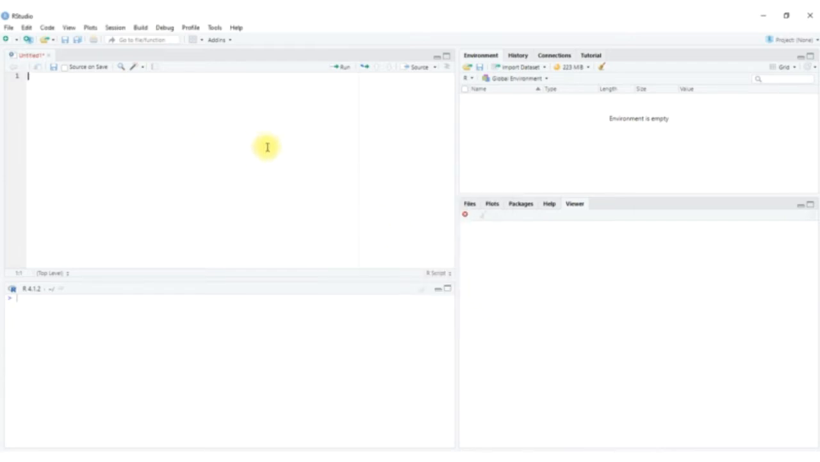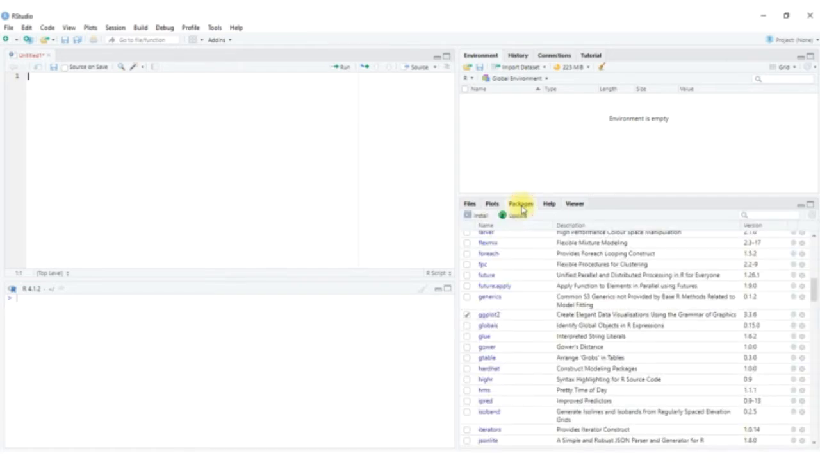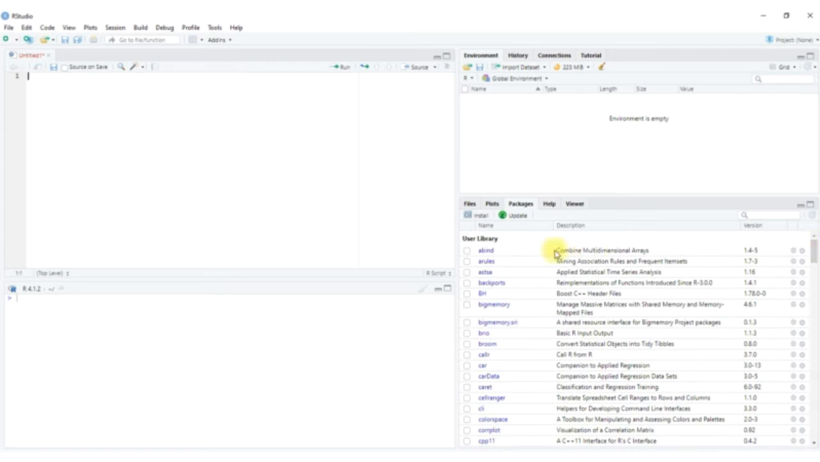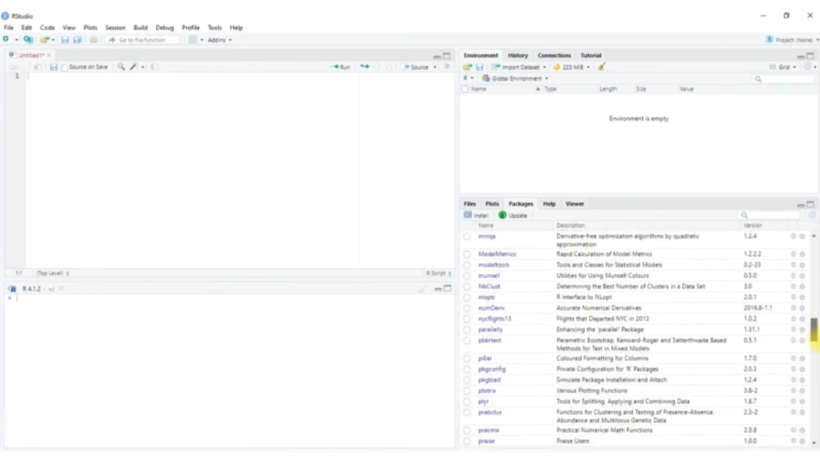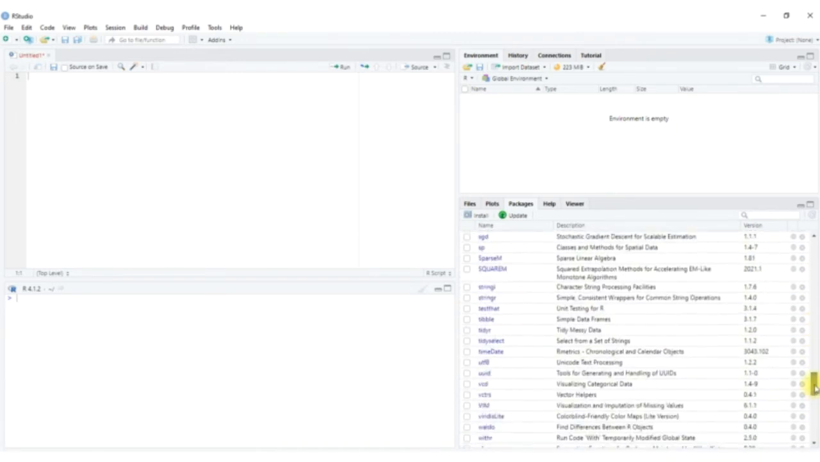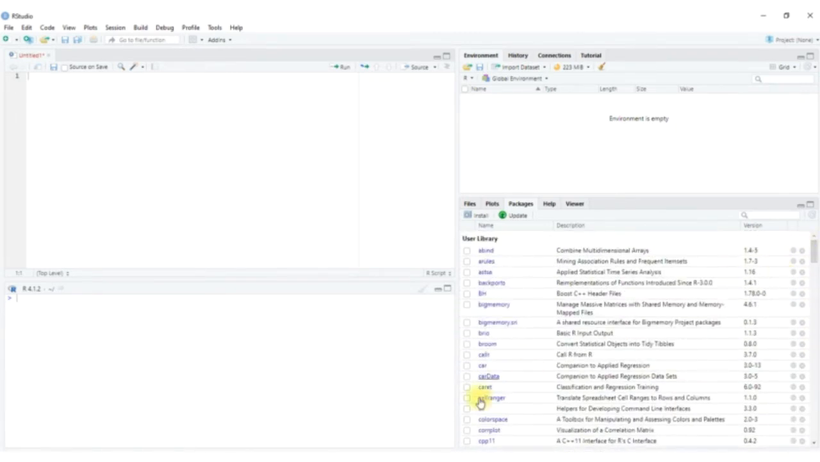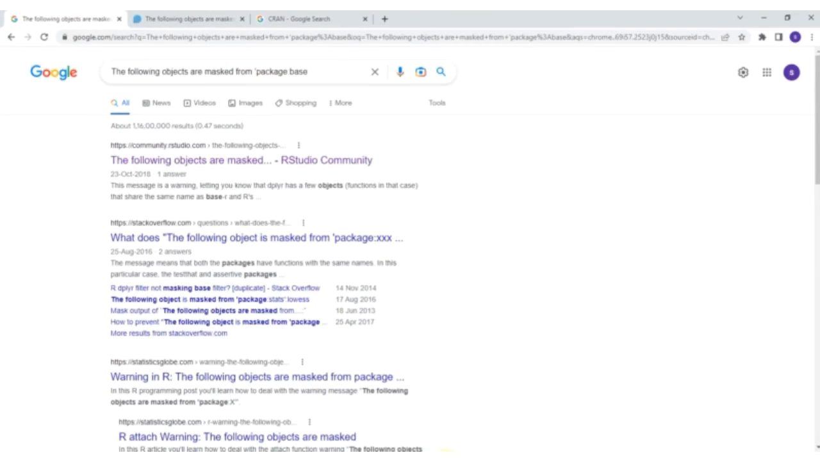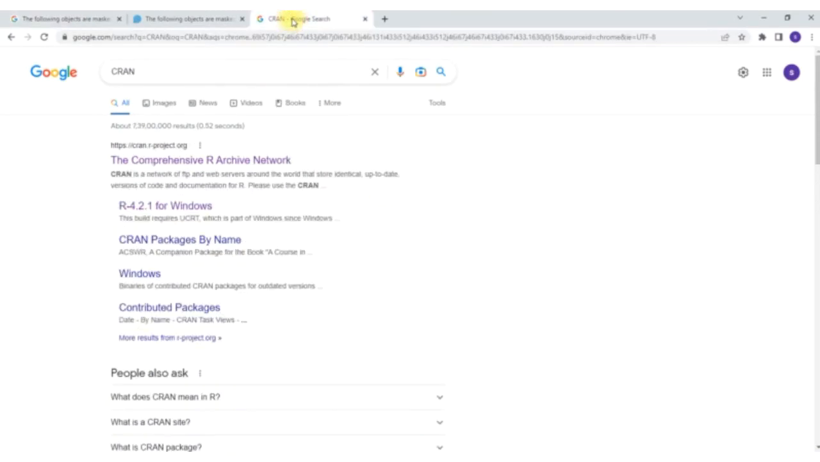If you want to see the list of the packages installed in your R repository, you can go to the package button and here you can see user library. So under user library, these many packages are already installed in your R repository. If you want to further explore the various packages available in R, you can open the